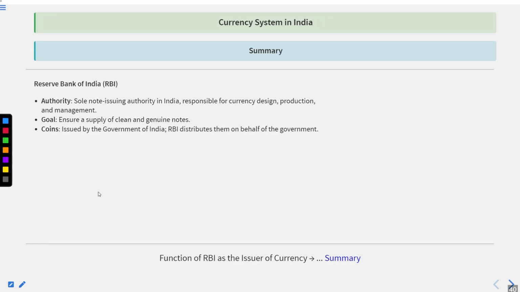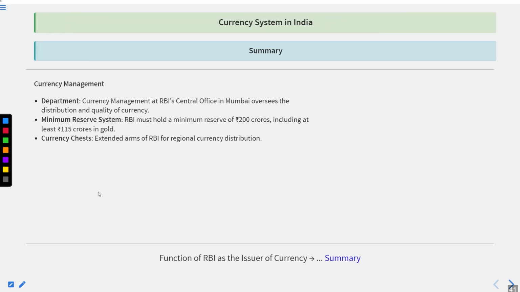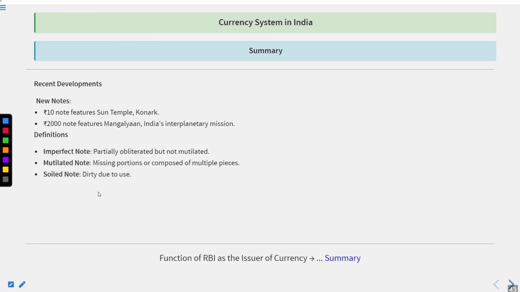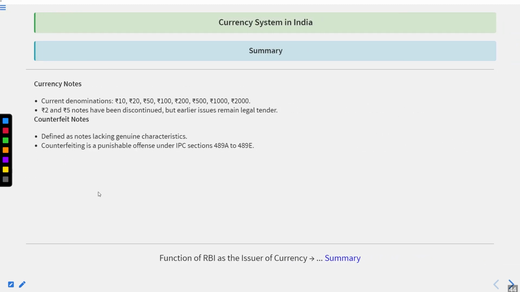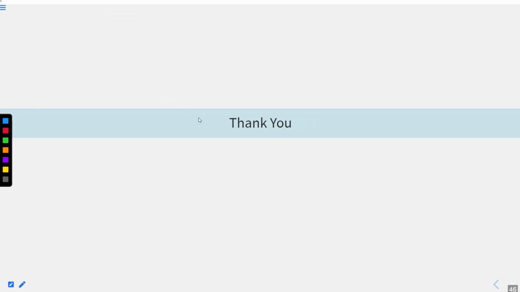So now if we talk about the summary, we have talked about the RBI authority, gold and coins, then currency management department, minimum reserve system, currency chest, printing and minting, printing presses, minting, legal tender, banknotes, coins, recent developments, new notes, definitions, currency notes, counterfeit notes, key points and all. With this, we have finished this lecture. It is requested to all of you to kindly revise the facts and figures that we have discussed in this lecture